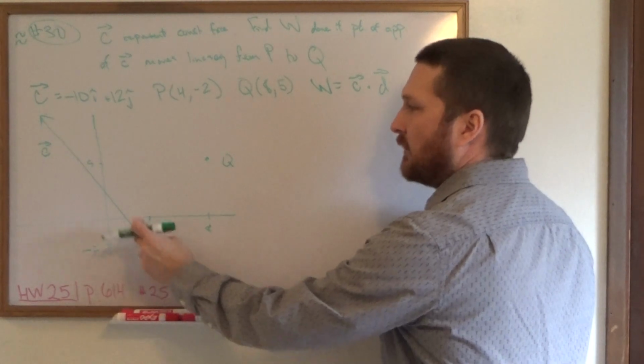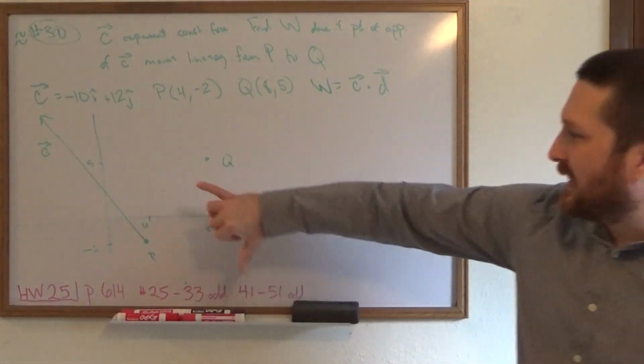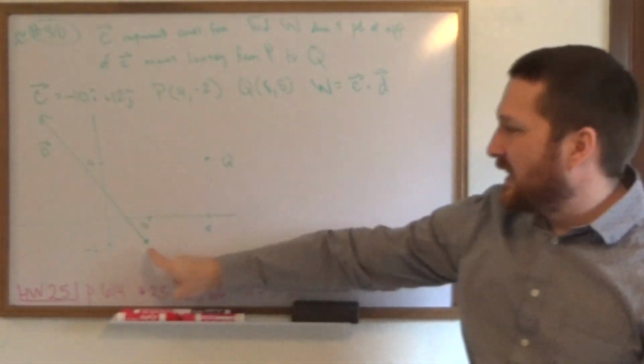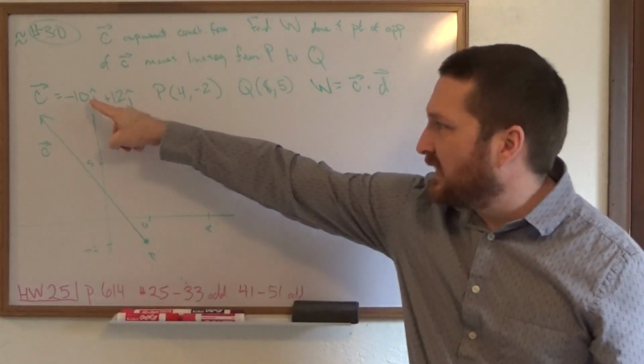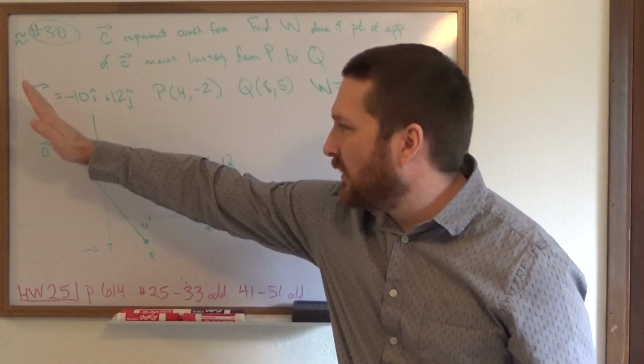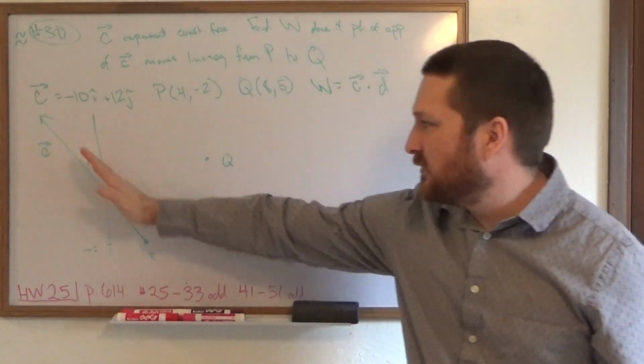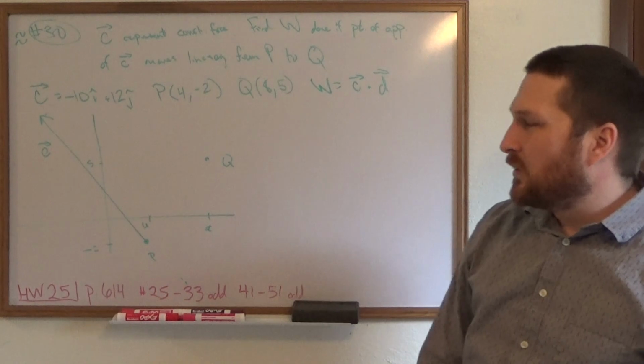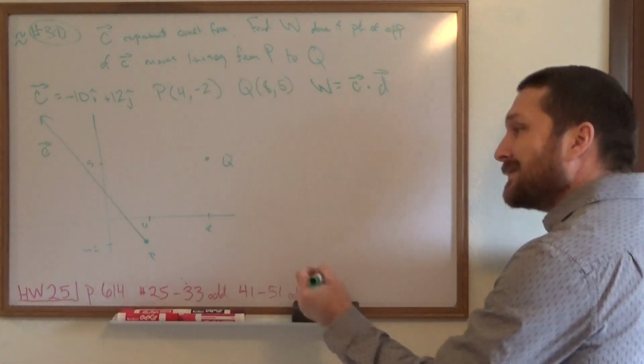Oh, and notice what I've done. Look where I put its tail. Normally, if I did this, I would go from here 10 up 12. But what did I say we could do with vectors? I mean, you can move them anywhere, right? And so, another way of thinking about this,